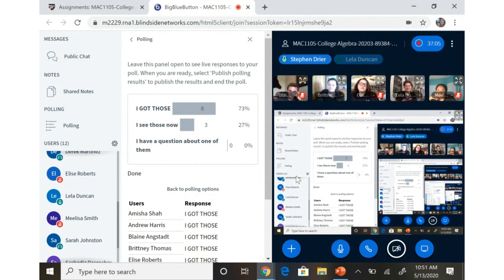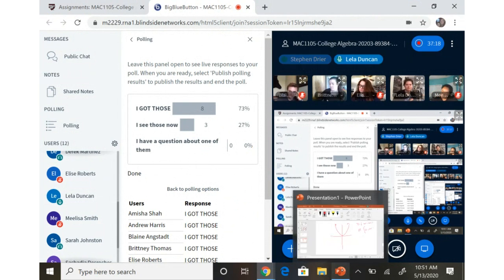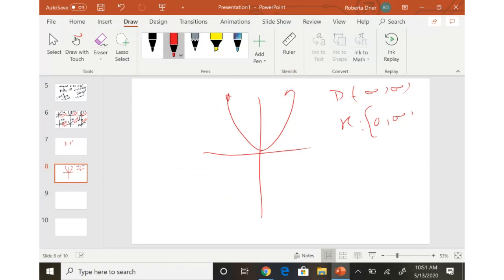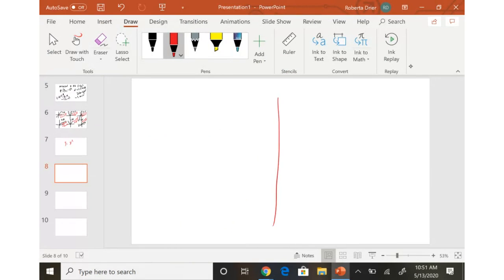Leela, I'm going to look at graphs and we're going to talk about increasing, decreasing. And when I do it, what I want you to do is envision that you're on a roller coaster. Okay. So let's take a look. So we have y equals x squared. Look at this. This is y equals x squared.